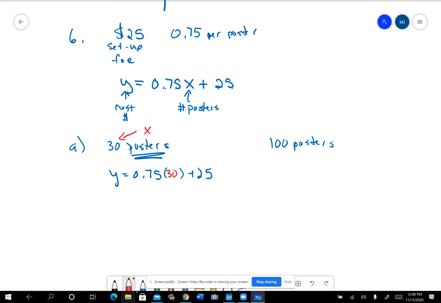And then you really just have an expression that you need to type into your calculator to simplify, and you'll have your answer. So let me think about that. 30,